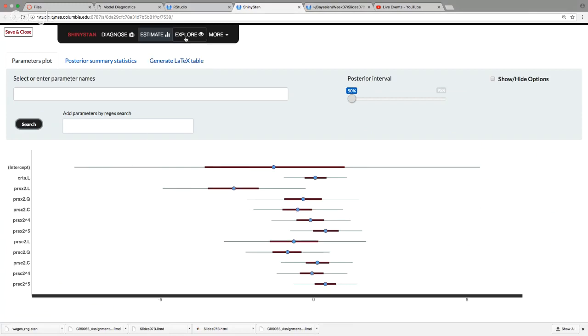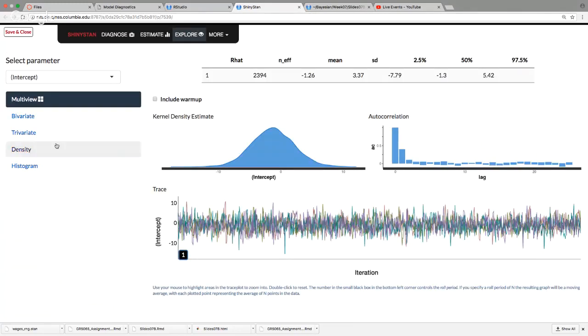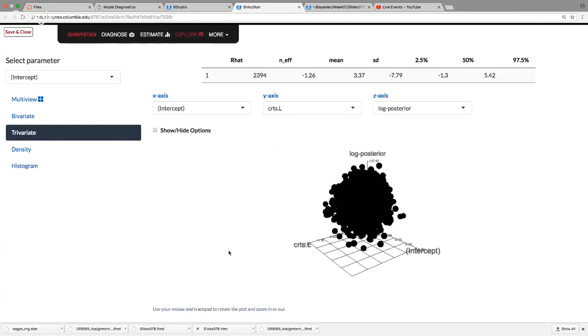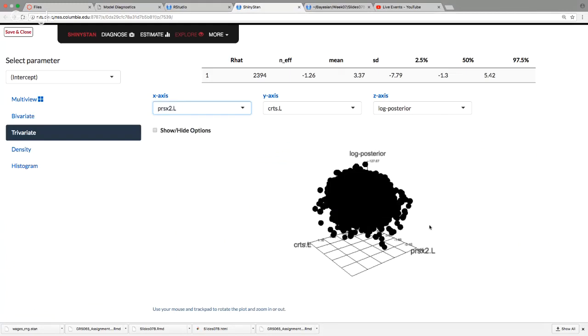The Bayes plot, which we call it sometimes in some of the slides that we're not going to get to today. You can create a lot of these same plots programmatically, but when you're just trying to understand the posterior distribution, it can be good to just have something where you can click through all that. There's also various things. One of my personal favorites is the trivariate density. So we'll usually put the value of the log kernel on the z-axis and some variables of interest on the x and the y, and then we can